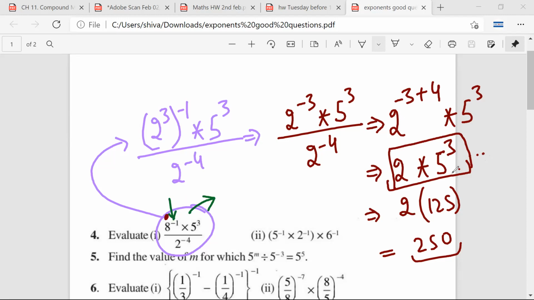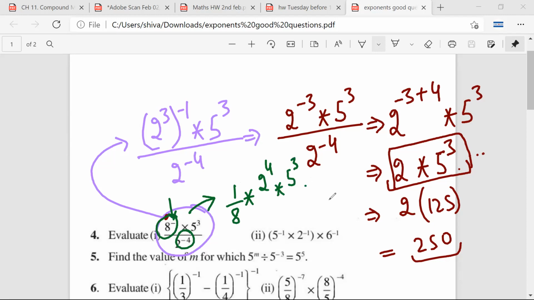Now there is another way in which I can do this. We can write 8 for this question as 2 raised to 3 and then simplify it as well, right? Another way of writing this is 8 raised to -1 can be written as 1 upon 8. This -4 can be written as 2 raised to 4. And this can be written as 5 cube. Is there any doubt still?